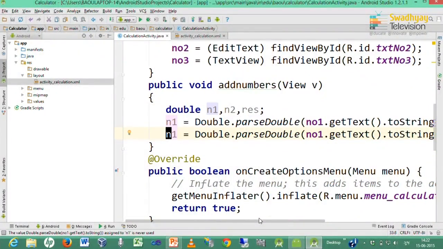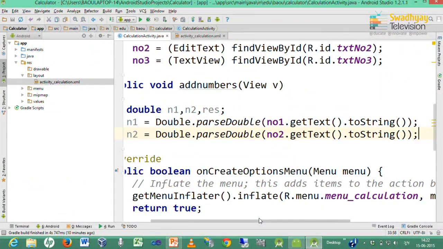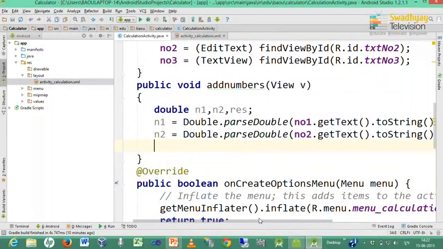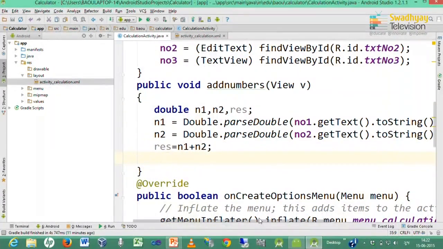Likewise, I can write n2, the double value of the number entered in the second text box. Now I have two numbers entered by the user, so I can write n1 plus n2, which is the sum of these two numbers.